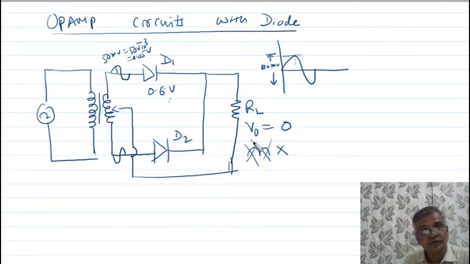If you want to rectify such a small signal, you have to use an op amp. When you use an op amp to rectify such a small signal, it is known as a precision rectifier. I am just discussing the basic things about the precision rectifier. See, this is your operational amplifier circuit.